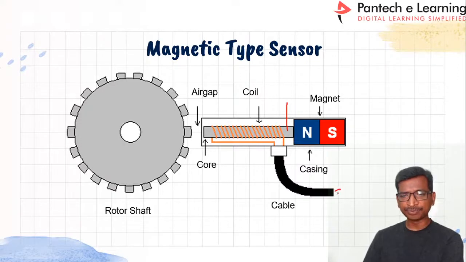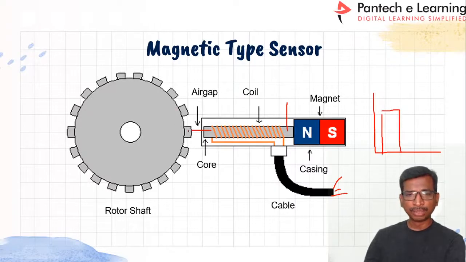So here we can take output. At the same time we have to apply some voltages also. So in between, the permanent magnet will be placed. So whenever the path is nearby, in that case only we can take pulses,